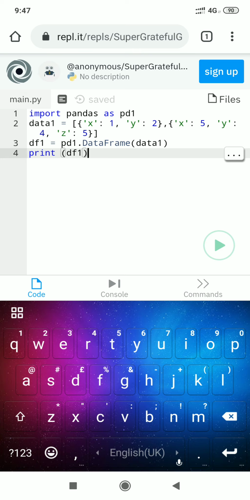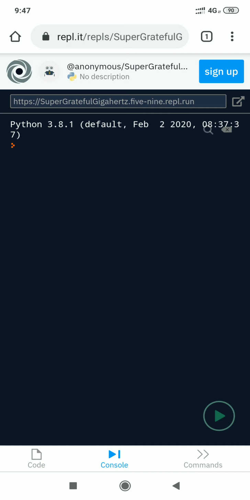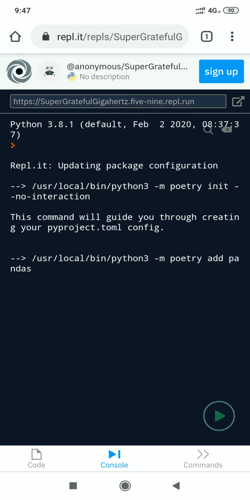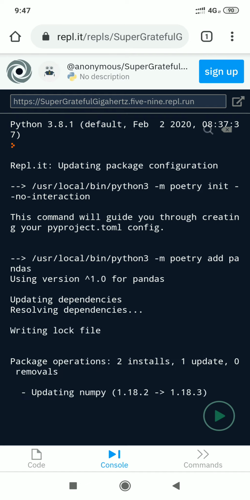Then we are creating the same dictionary here, and with the help of that dictionary we call the method DataFrame, and to that DataFrame method we pass data1 as a list of dictionaries. And if we execute this program, here one button is here, it will display the console part, it will execute, and will take a few moments. If the program is correct, our output will be displayed.